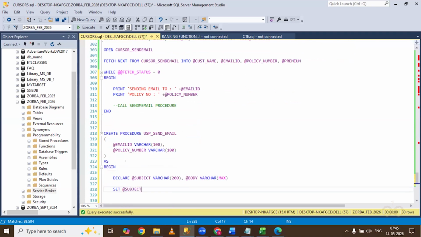Set at the rate subject is equal to policy renewal reminder of policy. Okay. Next, set at the rate body is equal to